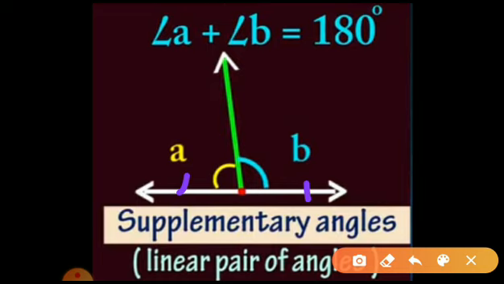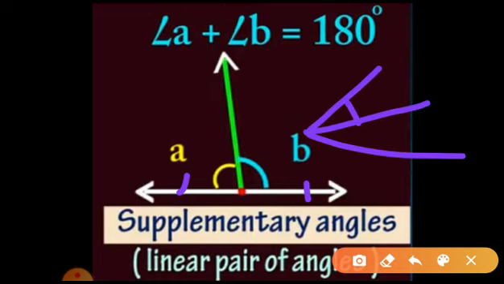That means if I draw like this, this is my angle A, this is my angle B. Now can I say that angle A and angle B are a linear pair? No, they are not a linear pair, because I cannot have it as a straight line. These are the uncommon arms, they don't form a straight line, and hence angle A and angle B are not a linear pair of angles.